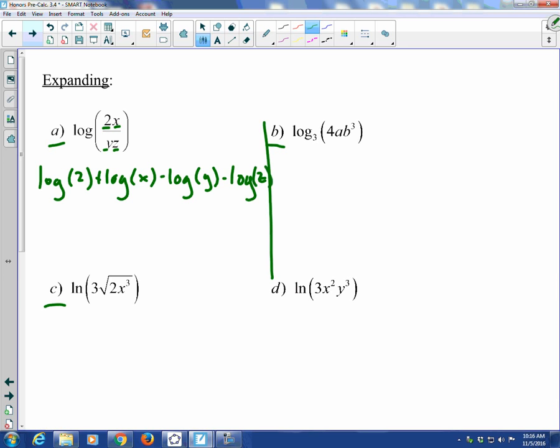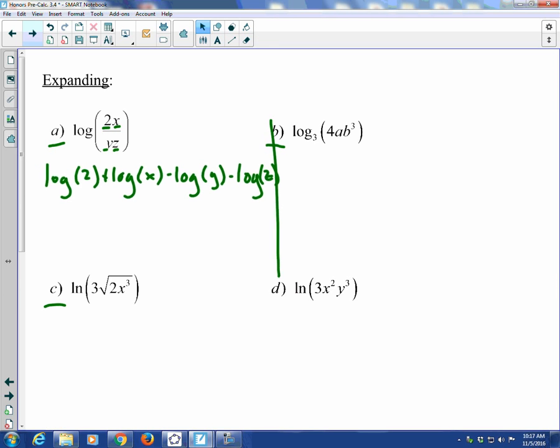Just had enough room there. And so right here, that would be an expansion of this expression. Now, if any of those, x, y, or z, were raised to powers, we would then throw that power, or that exponent, out in front and make it multiplication. So if we're looking at our next